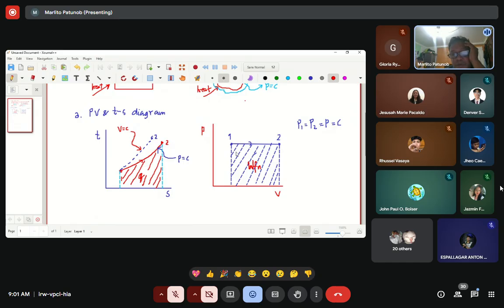Okay, so here, if you have the value of your dP, this is the work steady flow. You already know that it is zero. Okay, there is no area there, no? And here you have your dV. You know there is an area, so you will see a value of your work non-flow.